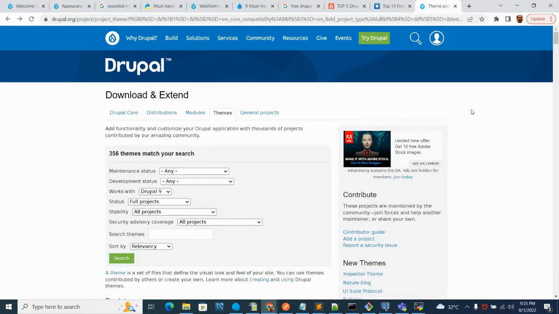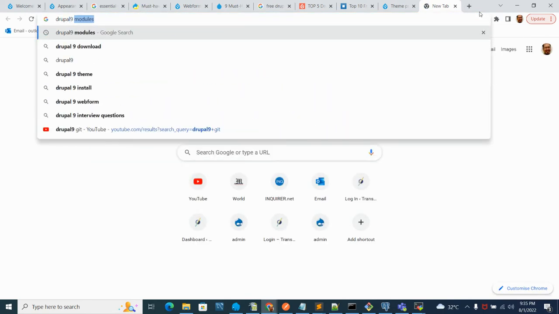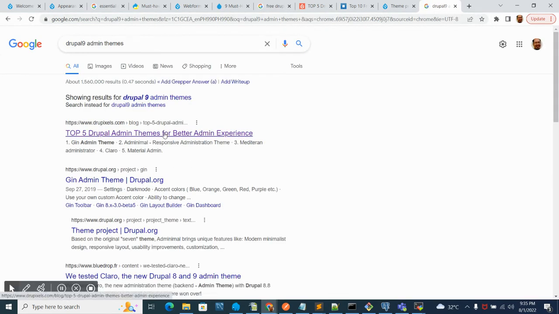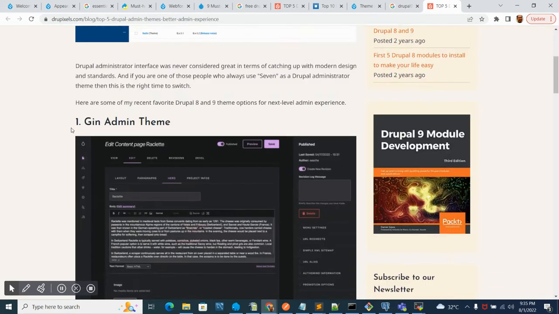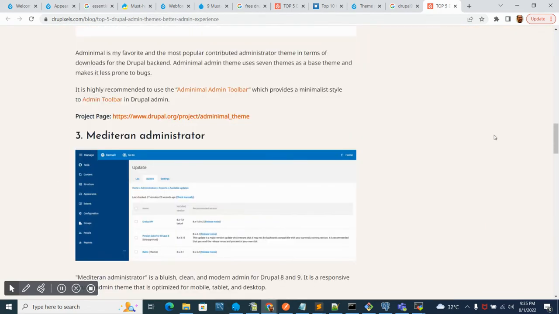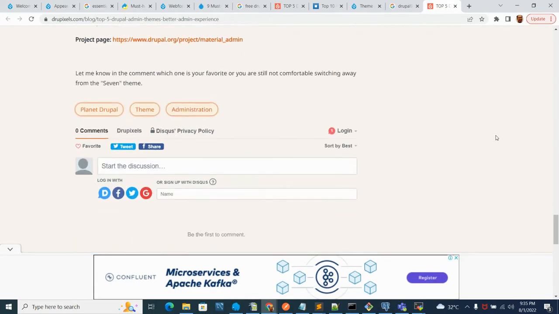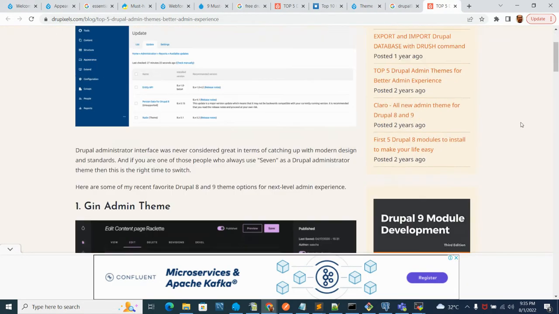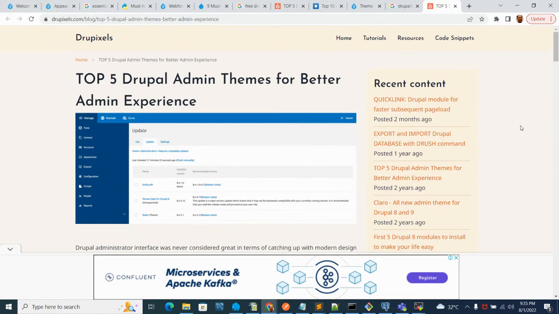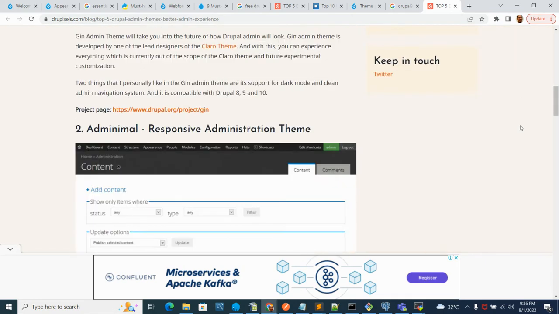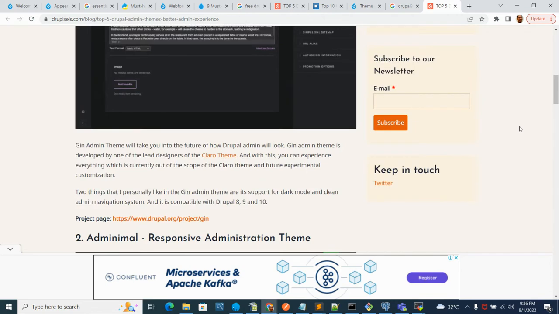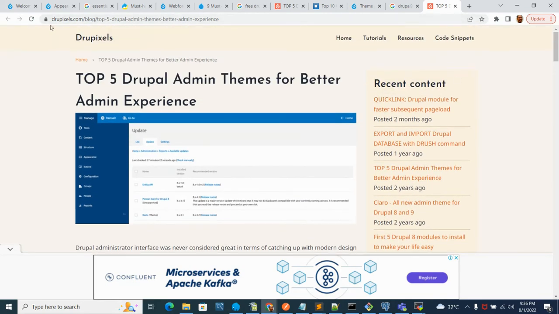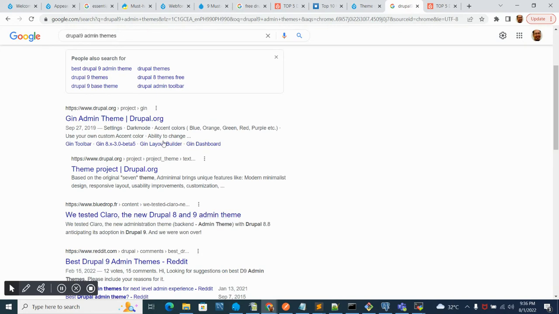So you can check out some of the themes on Google. Drupal 9 admin themes. You can use the commercial one, or you can use the free one. There are a lot of themes that you can use. If you search for it on Google, since Drupal is a free CMS, there's a lot of free themes that you can use, or you can also check out some of the